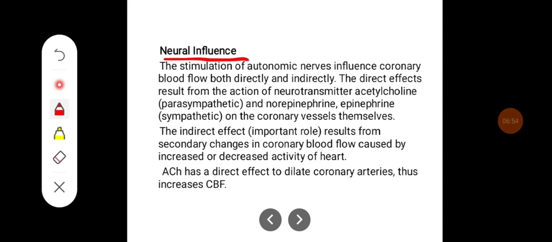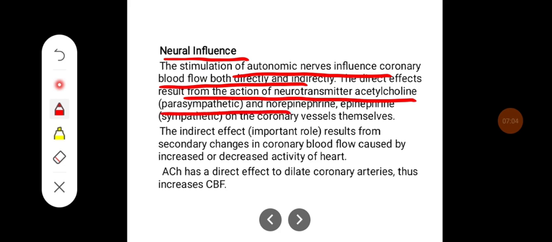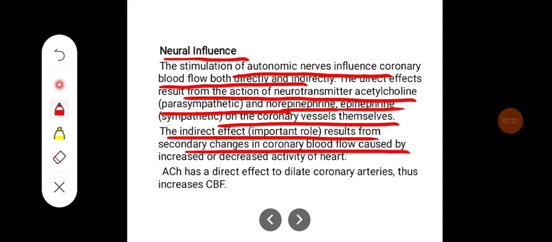Neural influence. The stimulation of autonomic nerves influences coronary blood flow both directly and indirectly. The direct effect results from the action of the neurotransmitters acetylcholine, which is parasympathetic, and norepinephrine and epinephrine, which are sympathetic, on the coronary vessels themselves. The indirect effect results from secondary changes in coronary blood flow caused by increased or decreased activity of the heart. Acetylcholine has a direct effect to dilate coronary arteries, thus it increases the